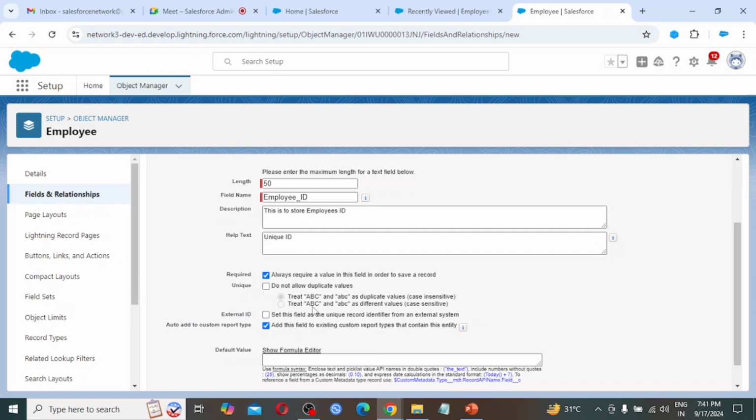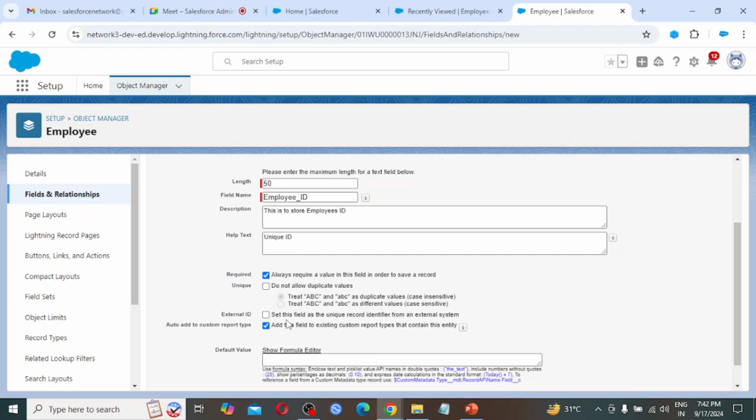If someone creates another record, Aman in small letters, it is treated as a second value. So these are two different values, but in the first case it is going to be a duplicate. If Aman is already present, a second Aman can't be created.